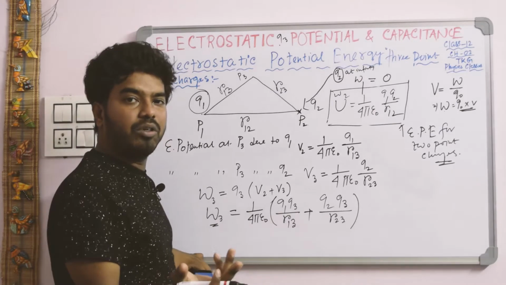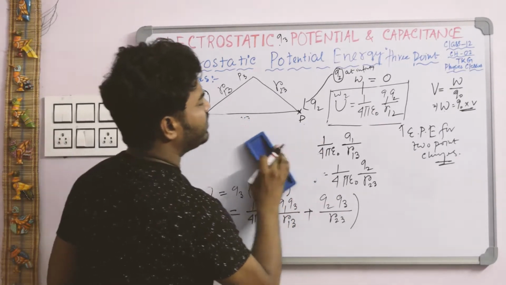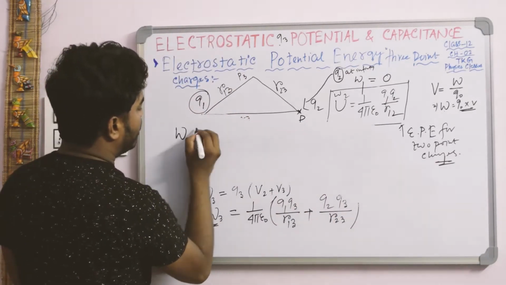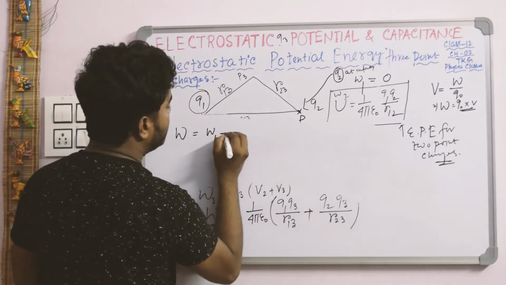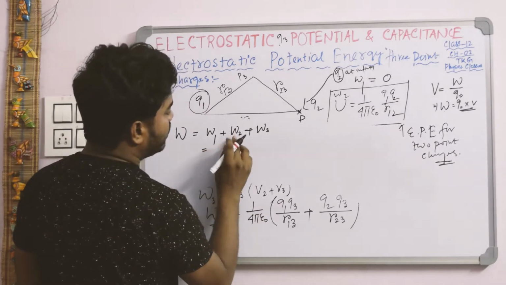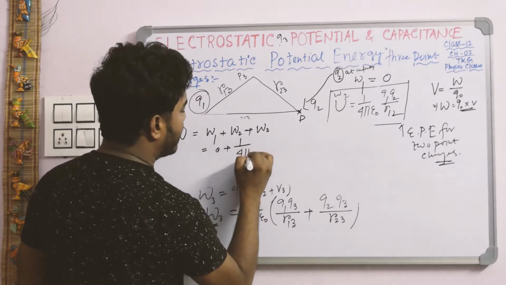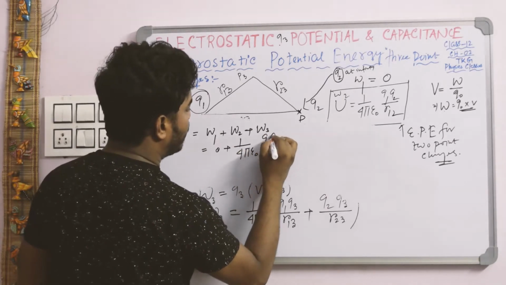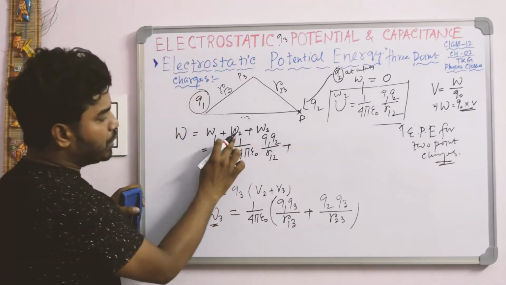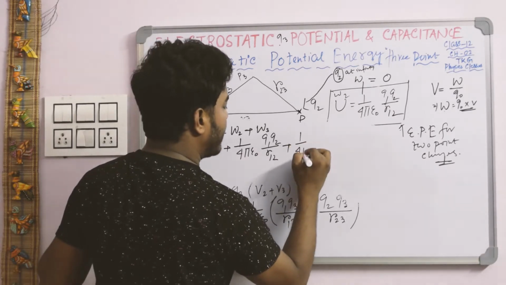So what will be the total amount of work done? Just summation, that is total amount of work done, W is equal to W1 plus W2 plus W3. W1 is 0, W2 is the expression 1 by 4 pi epsilon naught Q1 Q2 by R12, plus W3, and this is the expression 1 by 4 pi epsilon naught